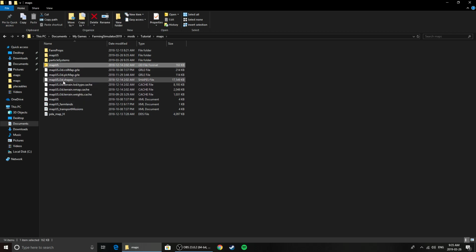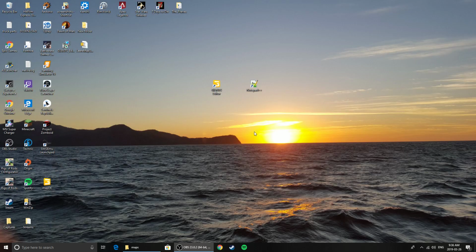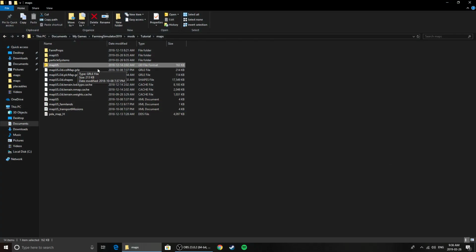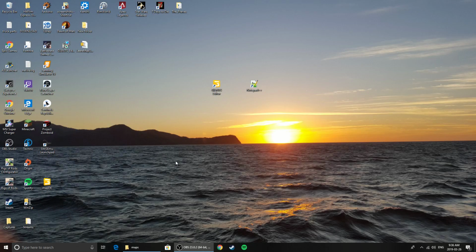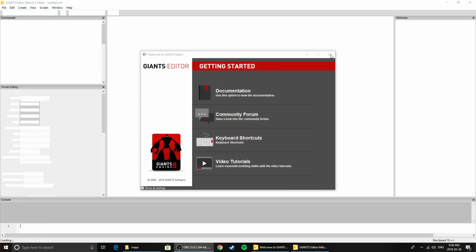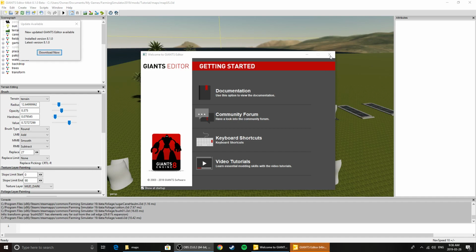Now this sample mod map is using the map US instead of the map DE, which is perfectly fine. Either will work. So let's close that or minimize that for now. And actually, let's just open up this map from here. So now that we are in the editor, it should load up the map that the sample mod has given us,